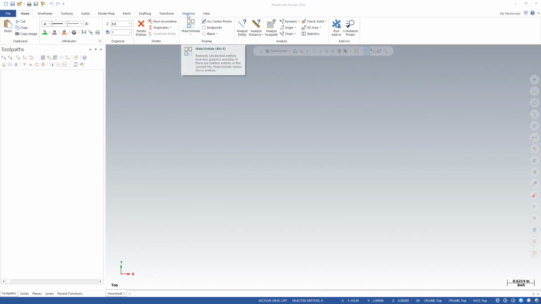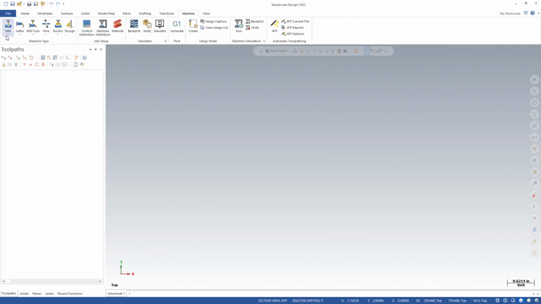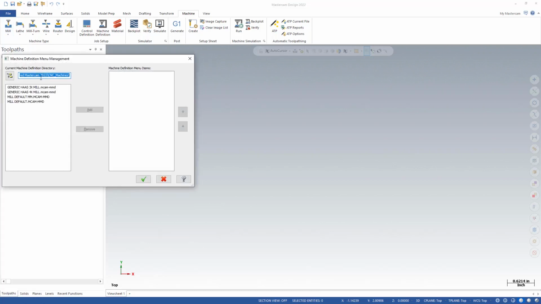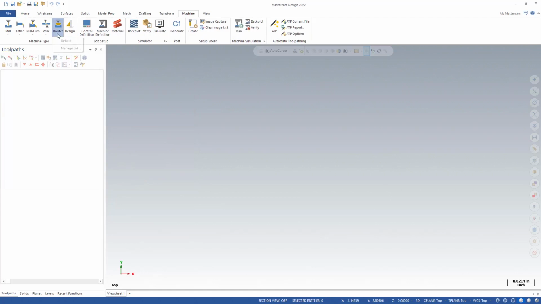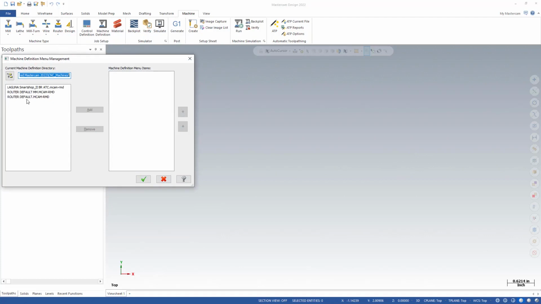Now, if I went to the machine tab, and I went to mill, you'll notice we still only have that one option there, but if we go to manage list, we see there's 4 options here, and if I wanted to, I could select them all and add them. And specifically, on the router tab, if you recall, I had one machine here, and now it's listed right